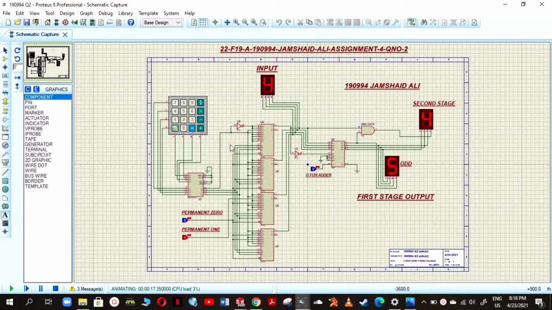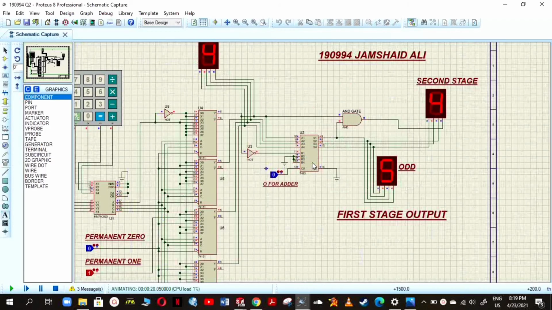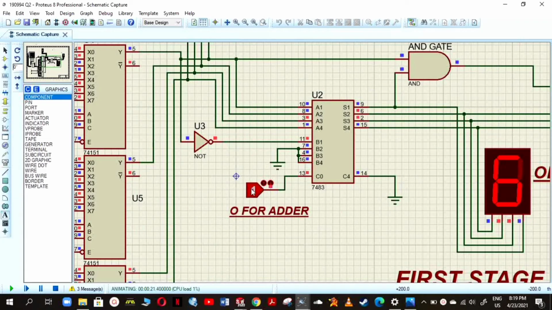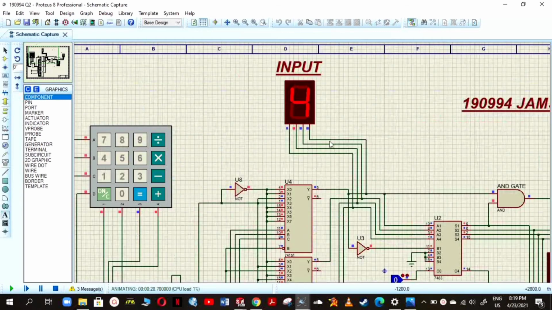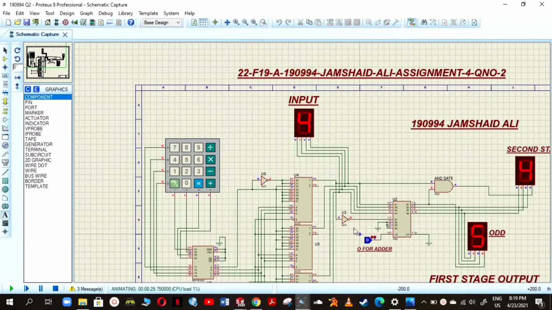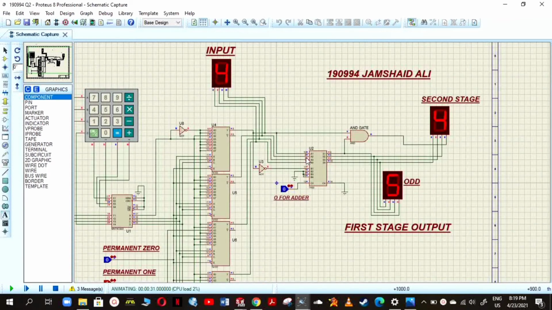You can see here I use a binary adder. If I apply 1 on it, it will convert into a subtractor. If I apply 0, then it will convert into a binary adder. Here I connect the 4 inputs of the BCD segment to these 4 inputs of the binary adder, and these 3 inputs will display as they are on the second stage.